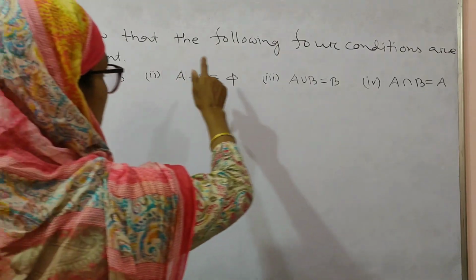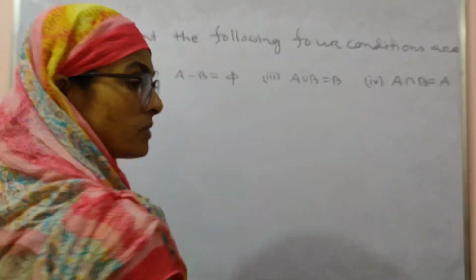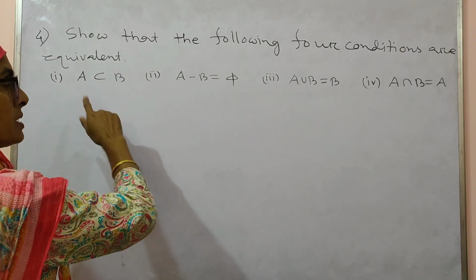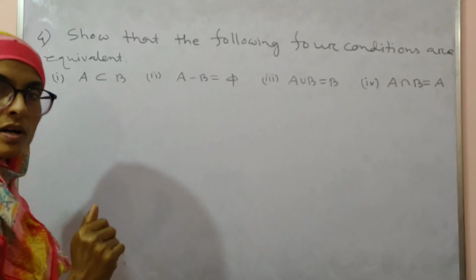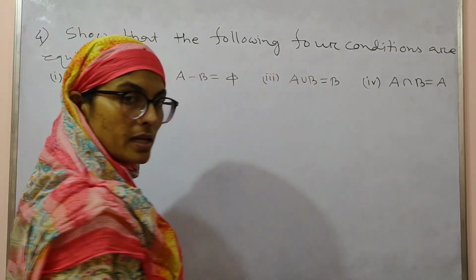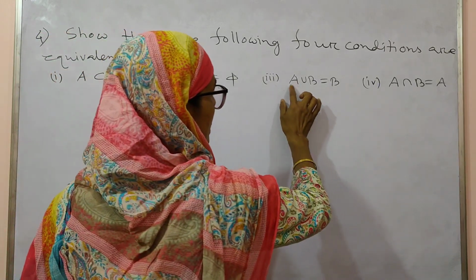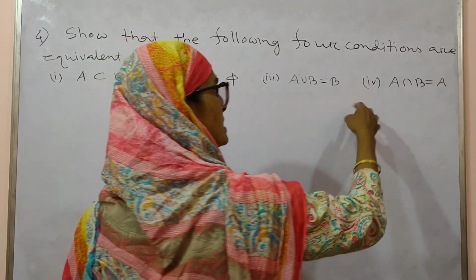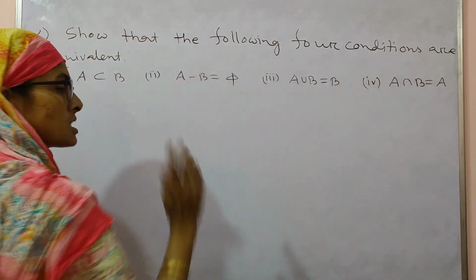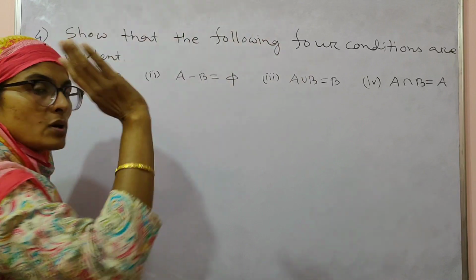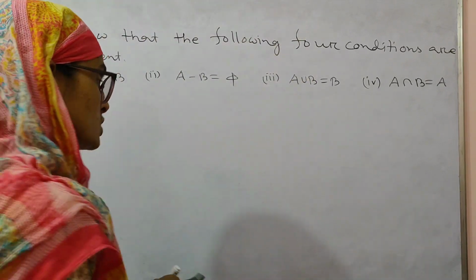Number 4, show that the following 4 conditions are equivalent. That means if A is a subset of B, then A difference B equals the empty set. If A difference B equals the empty set, then A union B equals B. If A union B equals B, then A intersection B equals A. If A intersection B equals A, then A is a subset of B. That means 1 implies 2, 2 implies 3, 3 implies 4, 4 implies 1. So first write down